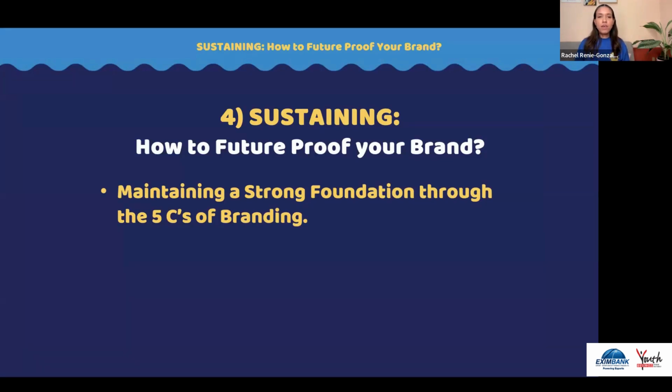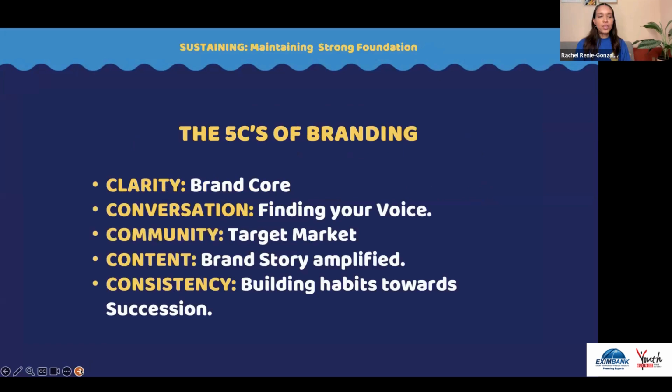And you want to really find a way to sustain and future-proof that, right? So the 5 C's of branding. Now don't hold yourself too heavily, but it's definitely a way to audit and check yourself. In your branding, you now have an understanding of who you are, and you're trying to fit it into this global context, right? So these 5 C's of branding, you must bring